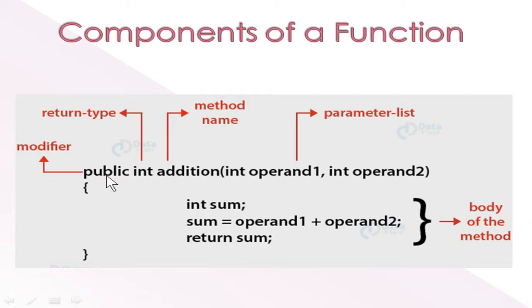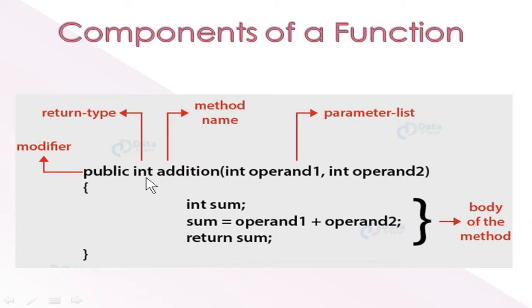If you use the private keyword, it cannot be accessed outside the class. It can be accessed only within the class. That is, you can access it from other functions in the class, but you cannot access it from outside. That's about the access specifier, or you can call it the modifier.